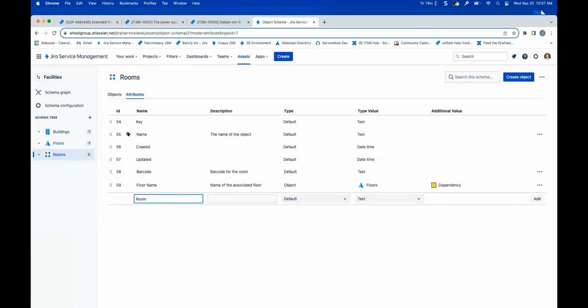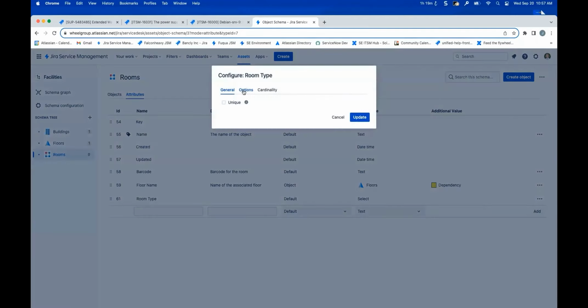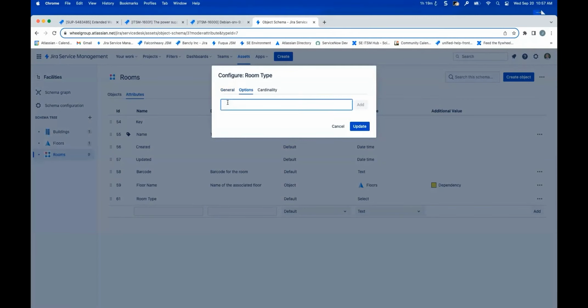So I know the differences between offices, and I know the differences between conference rooms, et cetera, shared spaces. So let's put a type in here, and it'll be default. And this gives us an opportunity to see here, and this circles back around a little bit to Jimmy's question about when do you have it as an object, or when do you define something as a separate object, or when do you just have it as an attribute? Having a room type as a separate object really doesn't make sense because I don't have that many of them. So we're just going to define out a conference room.